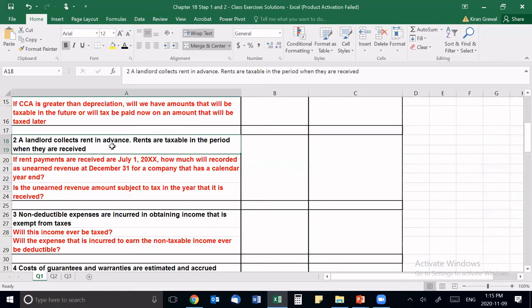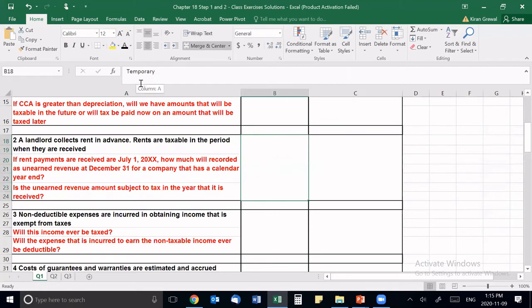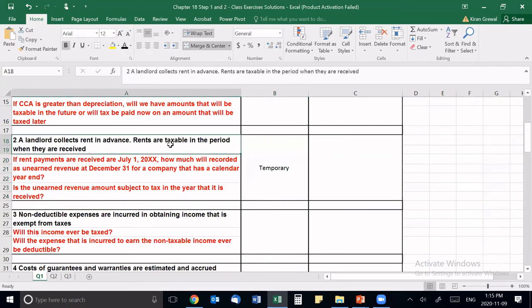So right now you're going to have a difference between tax and accounting, but once the revenue has been earned, you can record it for accounting purposes, and you would have recorded it for tax purposes once the cash has been received. So therefore, you wouldn't have a difference in the future. And if the difference is going to cancel each other out in the future, then it's a temporary difference. So here, this collecting the rent in advance,